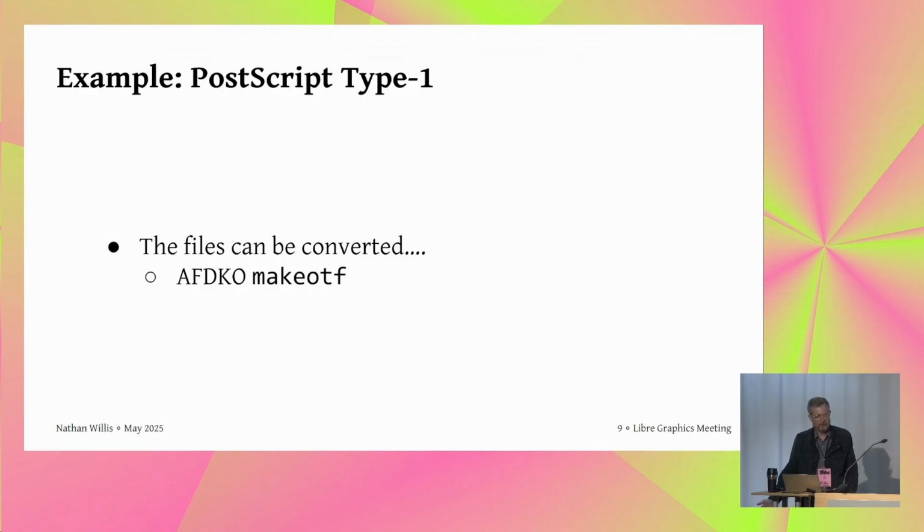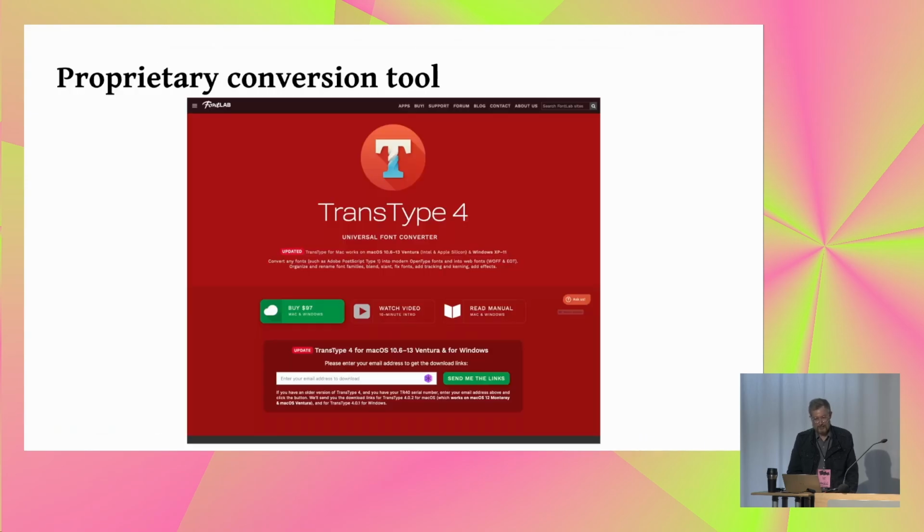So let's look at a use case or two in isolation, and I'll get on to the real main event. PostScript Type 1 fonts, you can convert those into OpenType fonts. So if that's not working, people aren't doing that, that suggests to me that probably the converter tool is not very good. It's pretty straightforward, and I guess there are people who pay $100 to do that with proprietary software. I wouldn't spend $100 on that, but we still do want to know what it is they're trying to use the font file for.